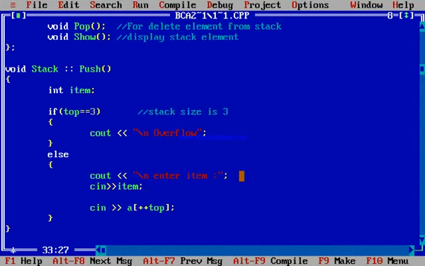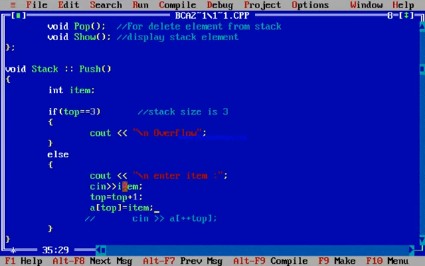Now top is equal to top plus 1. First top gets incremented and the value of top becomes 1, and after top is incremented, I assign A of top is equal to atom.